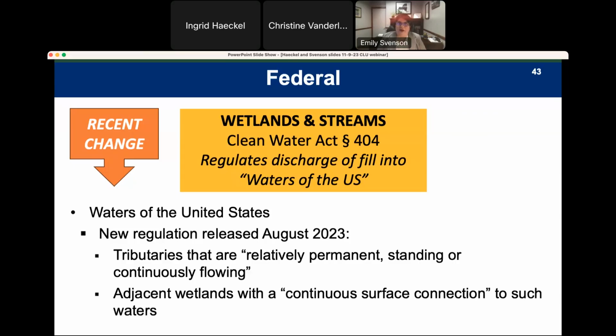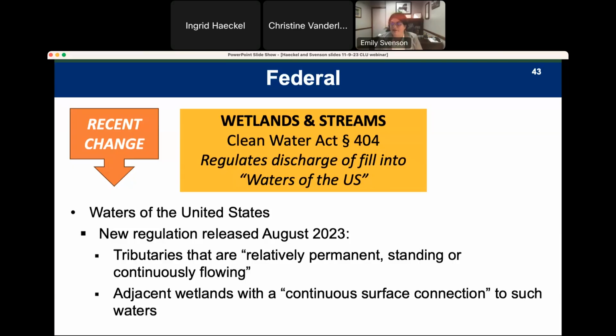Again, EPA made the rule about what's the water of the United States. Army Corps actually implements the Section 404 permit program. And Army Corps is still waiting for more guidance on how to implement this. So we don't have the exact details for you, but want to give you the gist. So what the new rule is that